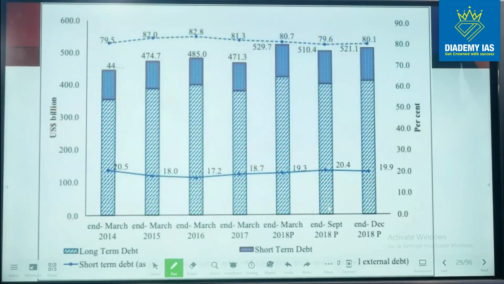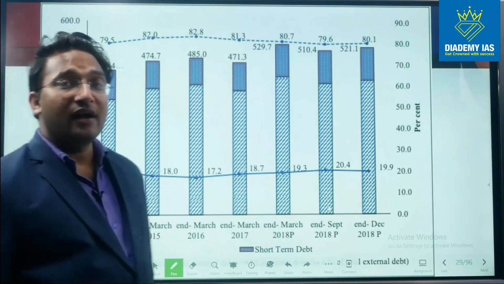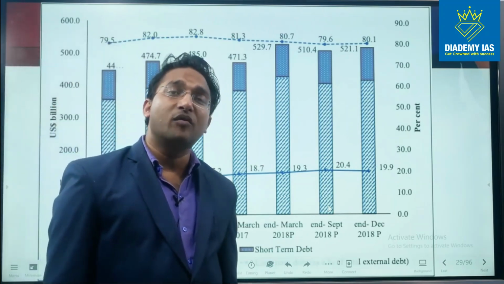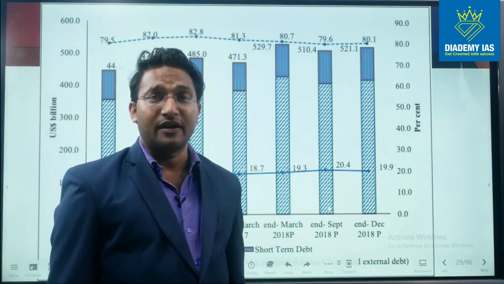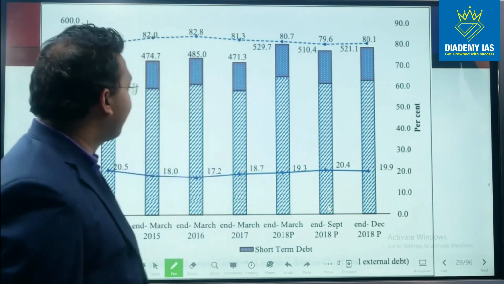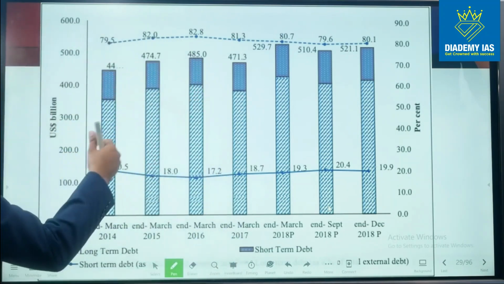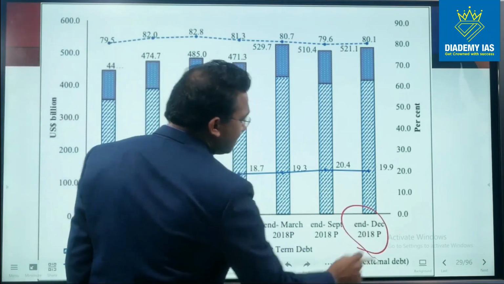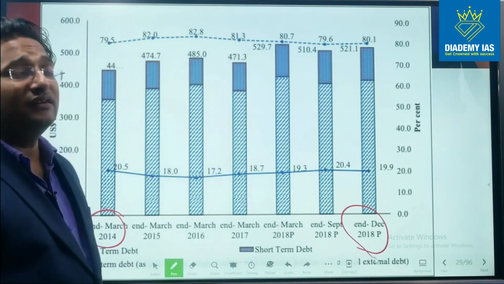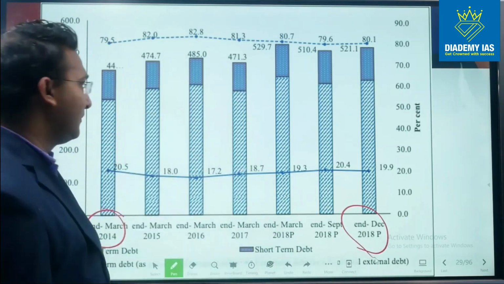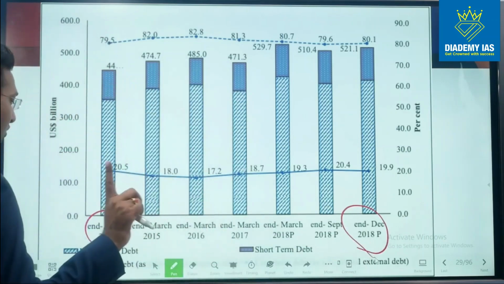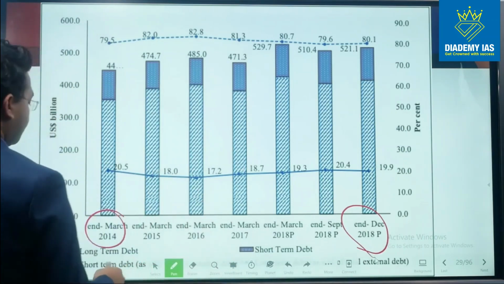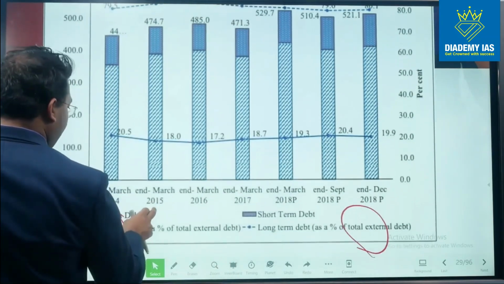This is a very important table, you can see, and in fact the question has already come in 2019, 2018 from here. I will discuss that question separately. You just understand this. This table indicates that between 2014 and 2018. So this is the statement I have taken from the economic survey of 2018-19, right? So here you can see